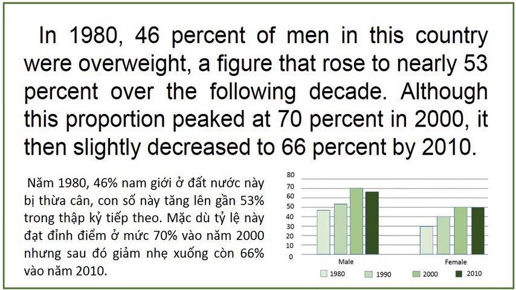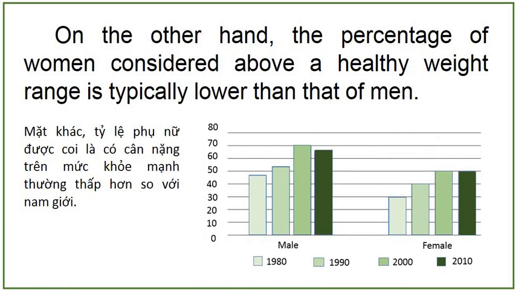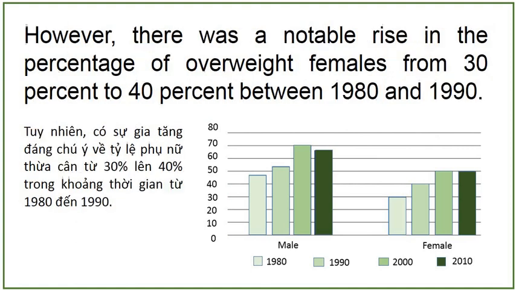over the following decade. Although this portion peaked at 70% in 2000, it then slightly decreased to 66% by 2010. On the other hand, the percentage of women considered above a healthy weight range is typically lower than that of men. However, there was a notable rise in the percentage of overweight females from 30% to 40% between 1980 and